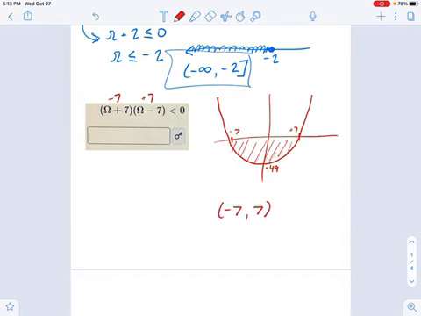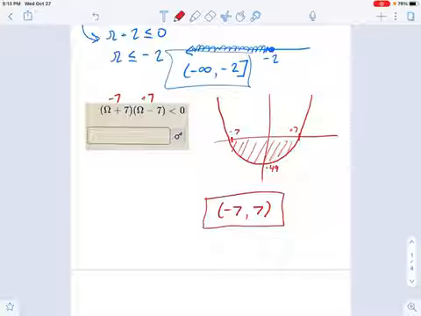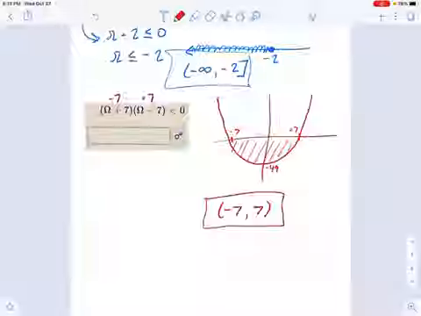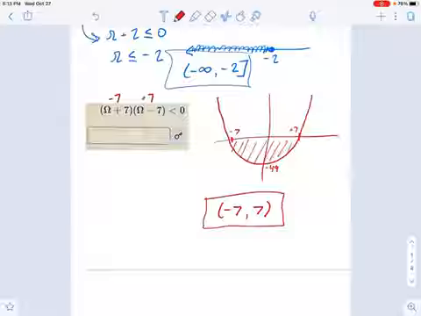And I use open parentheses because this is a less than sign, not a less than or equal. Now, that's your answer, but we want a quicker way to do these things than just graphing everything, right? Graphs are fine, they work, but some of these things are going to start to get pretty complicated and you won't want to graph them. Although you could. Anyway, let's talk about a non-graphing technique.